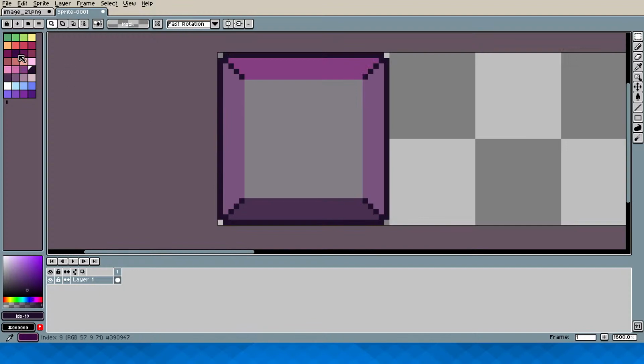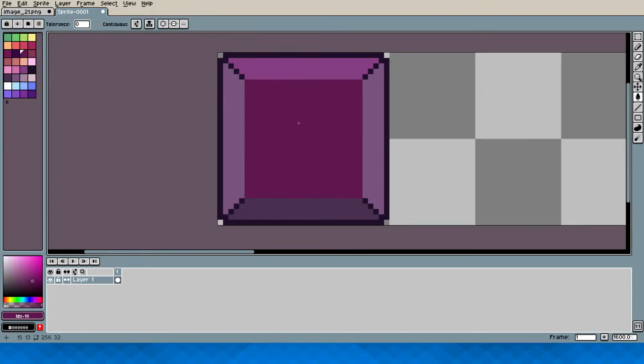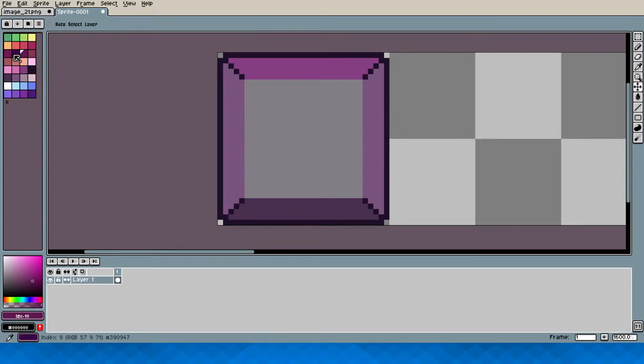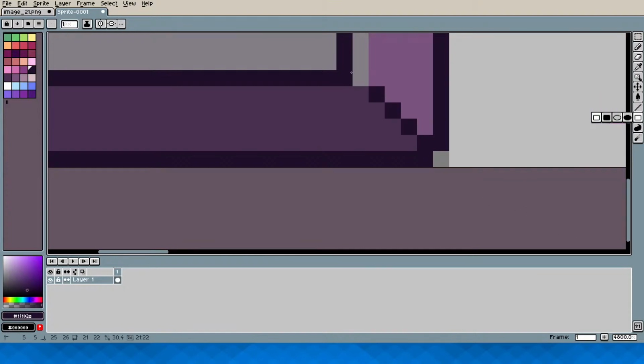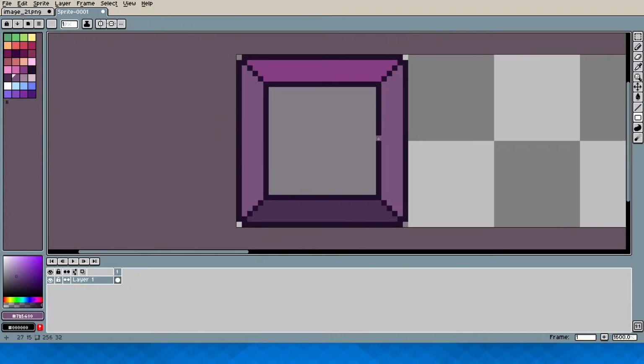So, yeah, what am I gonna use for the center color? Can I use this? No, it looks out of place. Too dark. Off color. I can probably just do this. I forgot I should... Oh, yeah, this looks better.